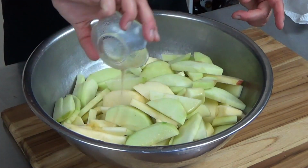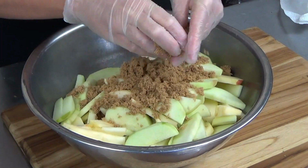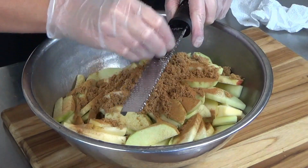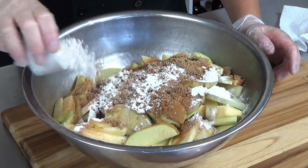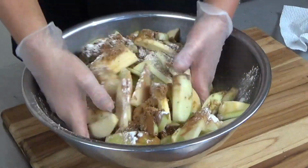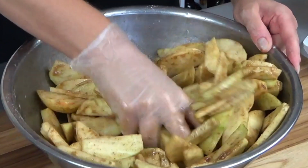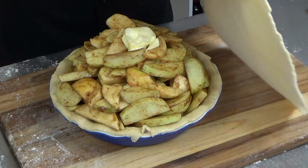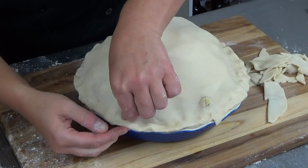Go ahead and core them, peel them, cut them into about 1/4 inch thick slices, light brown sugar, flour, cinnamon, fresh nutmeg is great if you have it, or just use the pre-ground stuff. And I do add the juice from half a lemon and an orange too, and sometimes I even add a splash of brandy. It's a really nice added layer of flavor, believe me, but otherwise you could just really leave it out. A spot of vegan butter at the end,